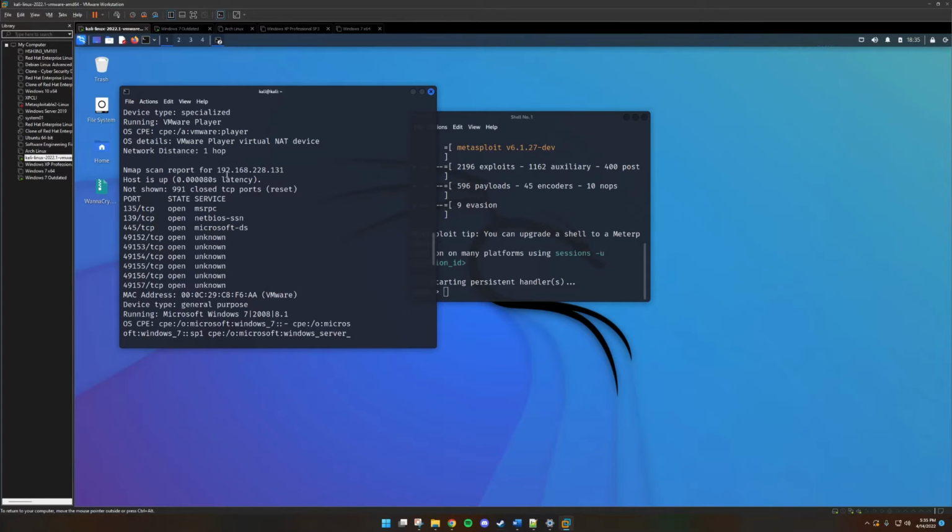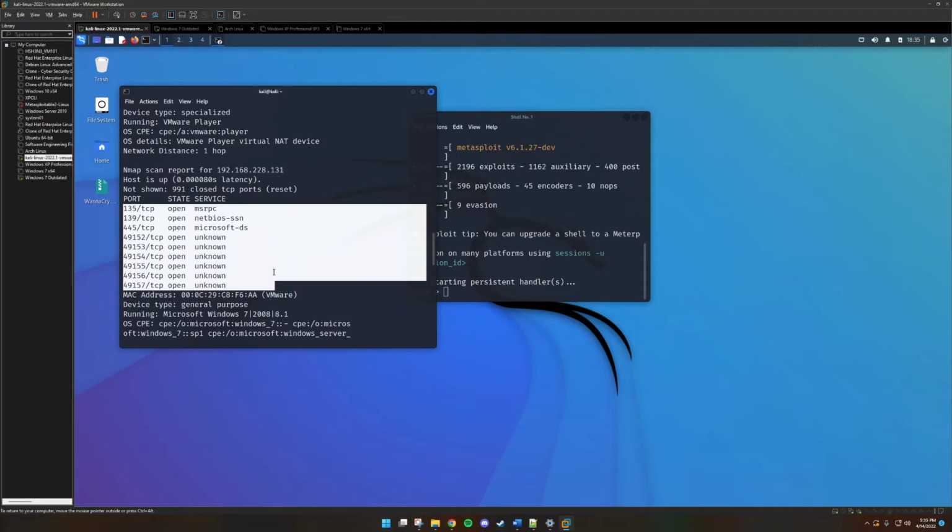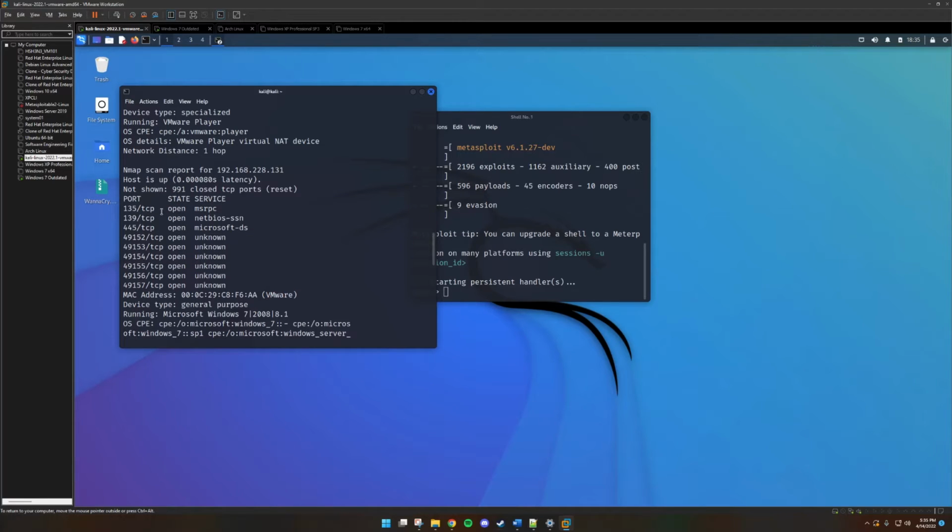If we scroll up here, we see their IP address is 192.168.228.131, and then we have a list of open ports, which is basically going to be our avenue into this computer. Specifically with the EternalBlue exploit, we have port 445 open, which is going to be the one that we're going to use. The next thing we're going to do is set our exploit,